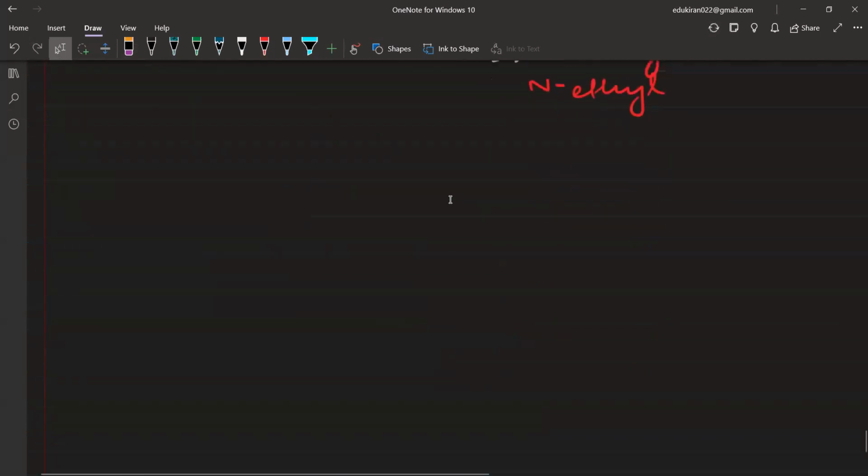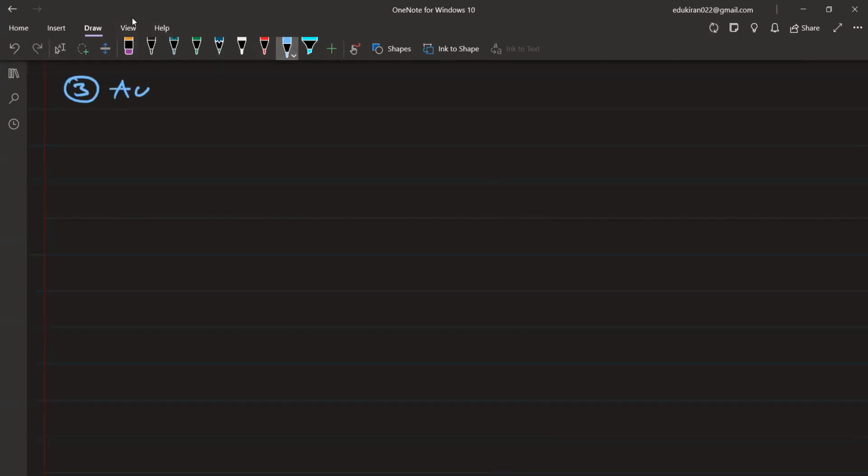Done. Yes. Right. Next one, the third reaction, acylation. Now, acylation can be done with acid chloride, ester, or anhydride. ठीक है, तीनों के साथ किया जा सकता है, but the process is same. You have here